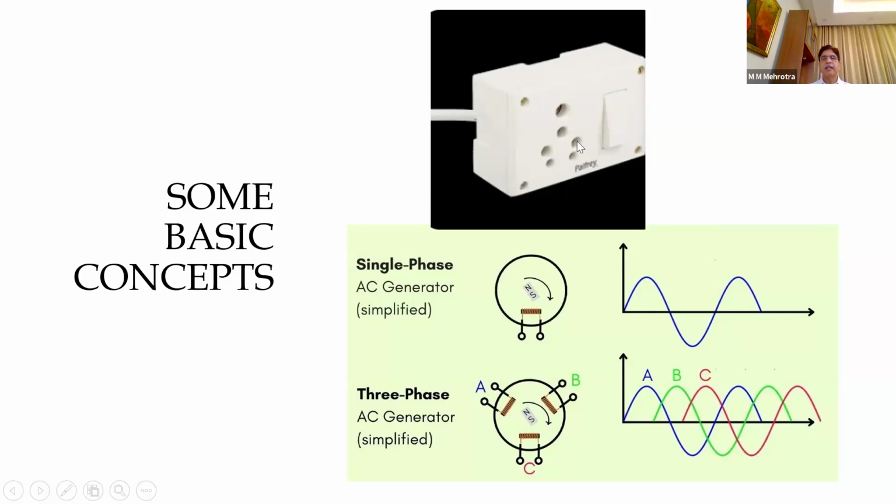Now for each phase, if I see this point, this is my base, and this right side point is my line. If I put a voltmeter here, the voltage will increase from 0 to 220, then come again to 0, then minus 220, and like that it continues. One frequency is 50 hertz, meaning in 150 milliseconds this cycle is getting repeated. Now a three phase system will have a similar thing, but with three similar patterns.